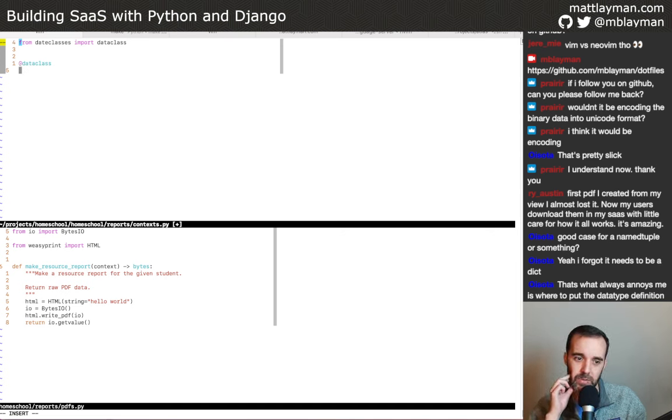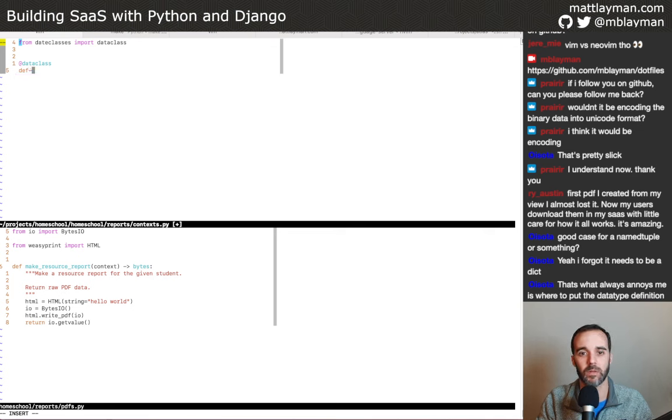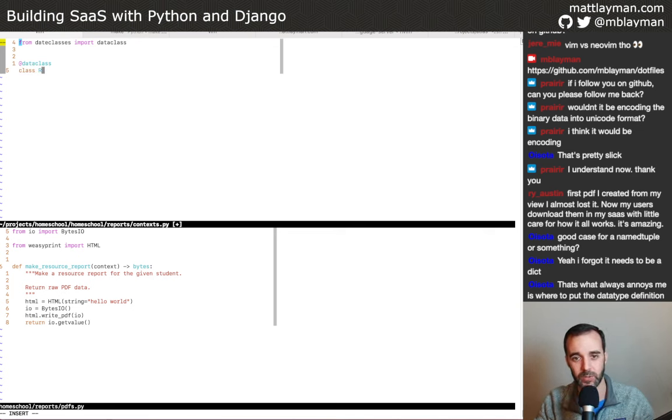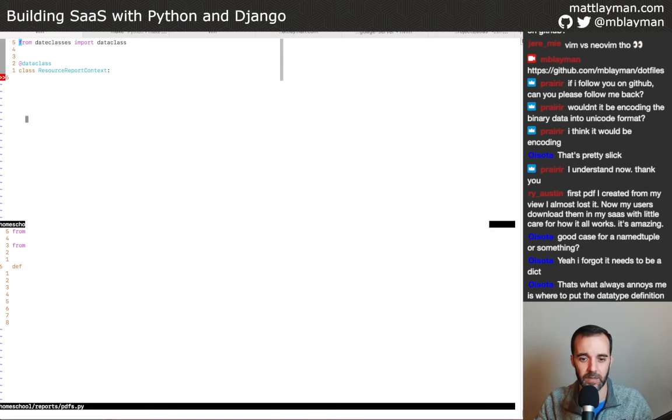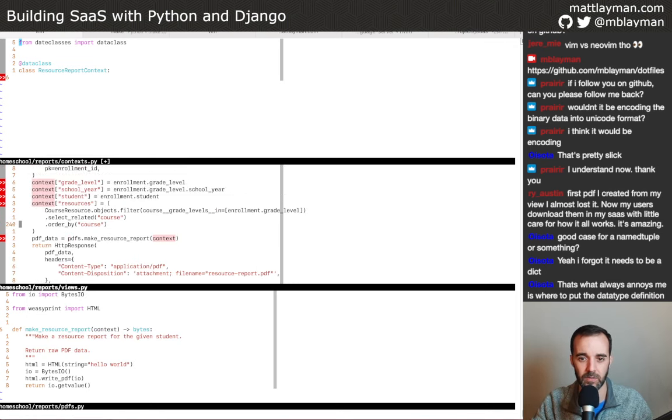And this is going to be what? It needs to be a class, not a function. This will be the resource report context. Let's just be super explicit. And we need to take, what did I say we need to take? I kind of killed the view, so we need to go back there. We needed